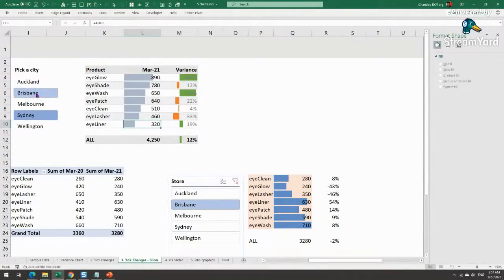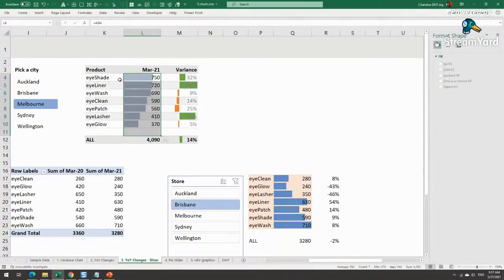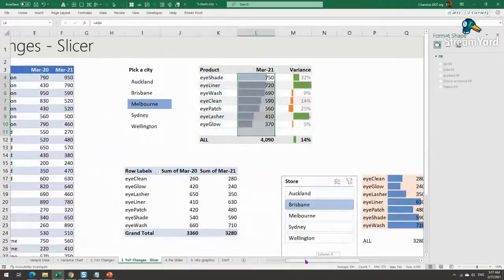But if I go to Brisbane, I'll see a different product, and that, so iWash is here. For Melbourne, iShade is the best product. So how do you get that? And this is actually a better way of presenting data, because most of the time we are interested in this and we are supporting that information with the name. So we tend to read this and then go here. So you want to add that layer of sophistication to your visuals,